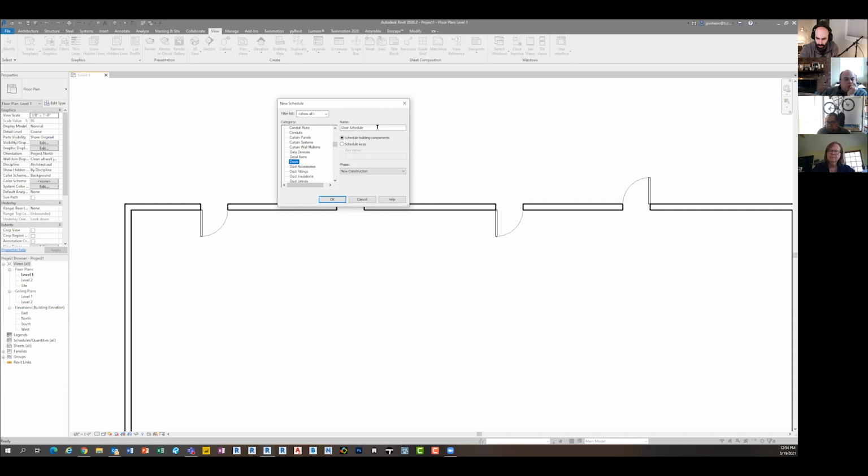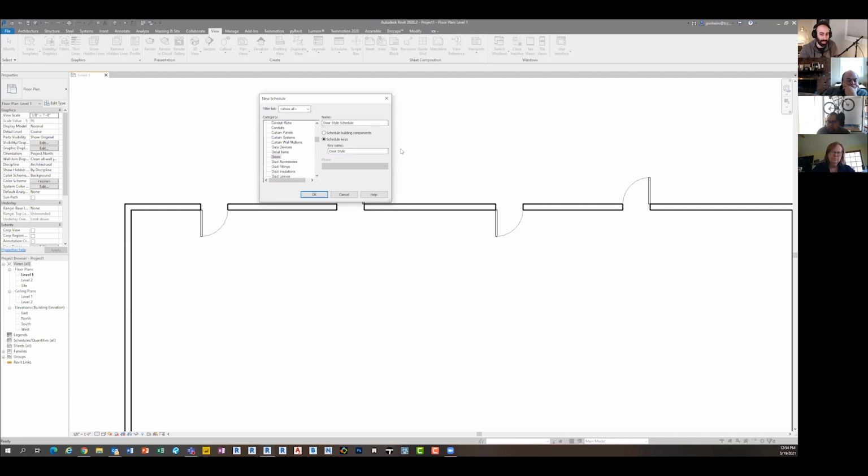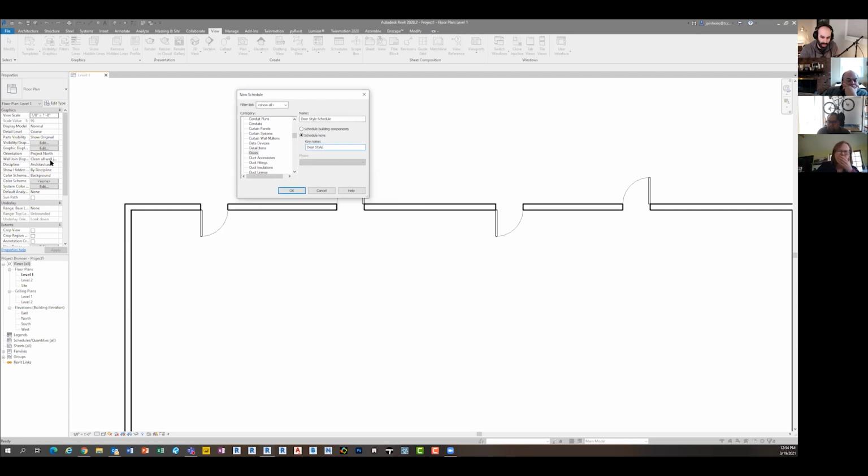So let's say we do doors. Notice how it says schedule building components is the default. This is the one that everyone uses. There's a little box here called schedule keys. And then see this thing called key name. When I click OK, there's going to be an instance parameter for every door in this family called door style. Super cool. So if I say doors, door style, click OK,